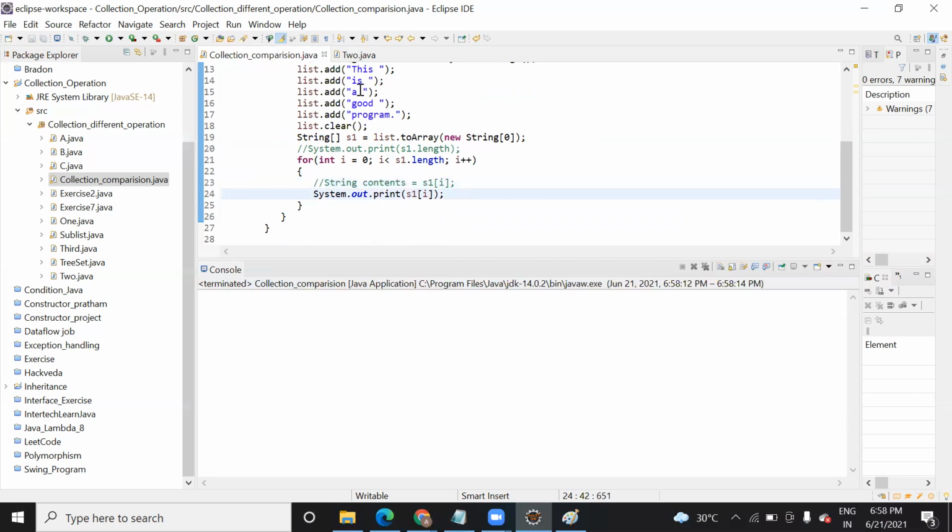Length 0, 1, 2, 3, 4. Length 5. 0 is less than 5, so it will print s1[i]. Oh, sorry.